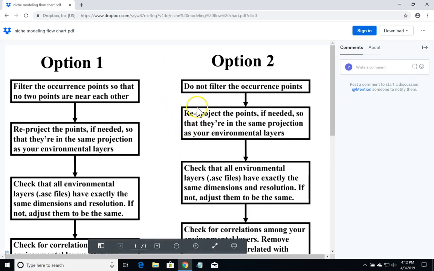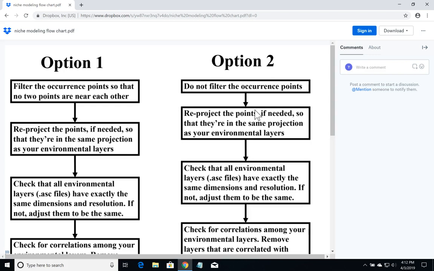What I'm going to show you today is how to run a function called ENMEval within R that will let you see what model settings you need to use when you run Maxent for your data. And I'm going to provide you with two different versions of the R script. One that will create a bias file and provide that bias file to you for other purposes. Another version of that R script which will not create a bias file and that will not use a bias